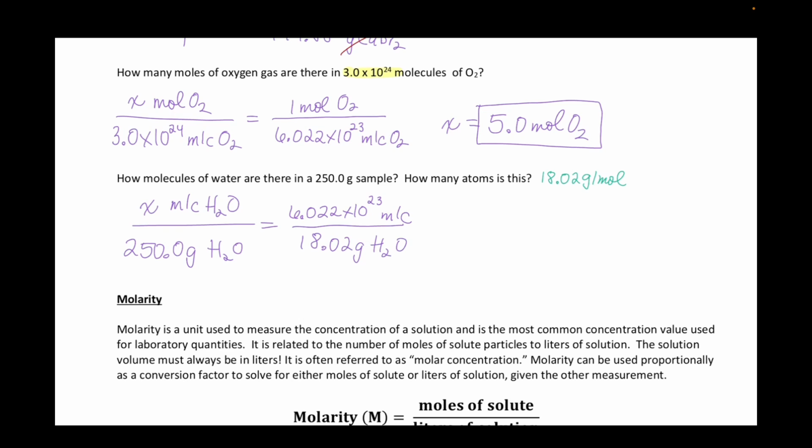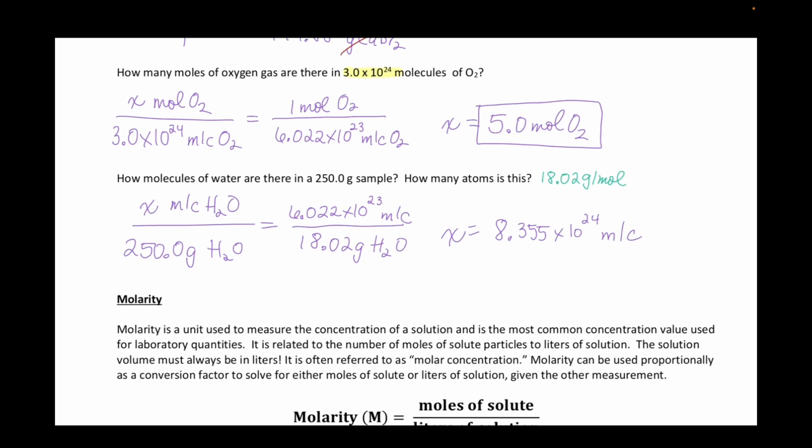Right. Again, mathematically, it's going to be the same. I just like the proportions. I did dimensional analysis for years and years and years, and I love proportions now. I'm a strong advocate for them. This is like 8.55 something, right? Like that. 18.02. Oh, I entered it wrong in my calculator. Nope, 8.355 times 10 to the 24